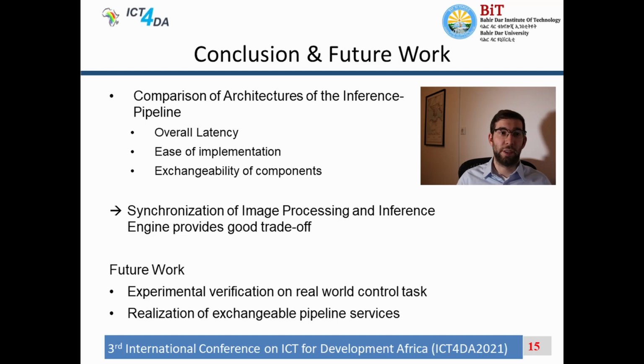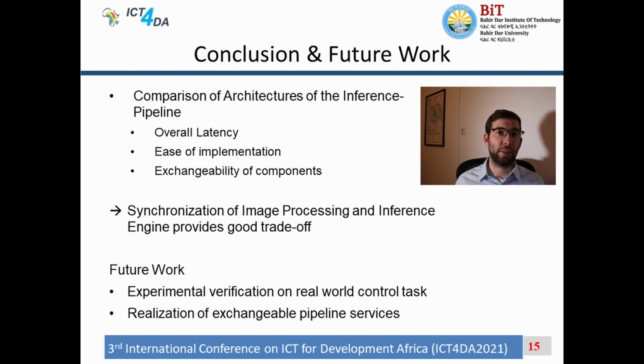As a conclusion, in order to enable the use of CNNs for real-time critical control tasks, we not only need the inference to be optimized to satisfy the real-time constraints, but as shown in the previous slides, we must also lower the latency of the whole inference pipeline, so that the latency between the sensor, in our case a camera, and the PLC output is minimal. Thus, in this work, we compared different architectures for the inference pipeline